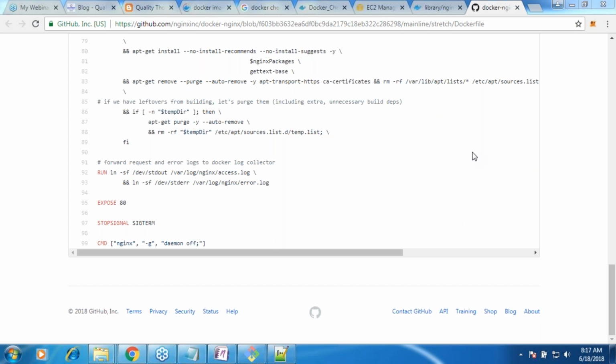Can we run licensed software using Docker? Yes, you can. But that license you have to pass from the run command. When you are building that Docker, okay, you have to pass the license from the command line itself. Or for some applications, whenever you are running it for the first time from the web, it will ask for a license. You can also fill it up from there, whatever makes sense.